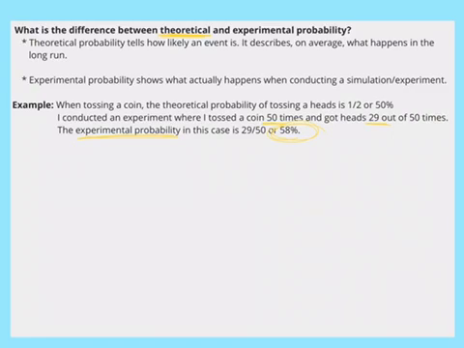So if all of us tossed a coin 50 times, we would get a variety of different values, probably some somewhat close to 50%, some higher, some lower. But if I was to take everybody's coin toss and we were to average together all of the probabilities, it would be a lot closer to 50%. So even though we expect the theoretical probability to be 50%, it doesn't always happen when it is actually simulated or run as an experiment, unless we do it many, many times.